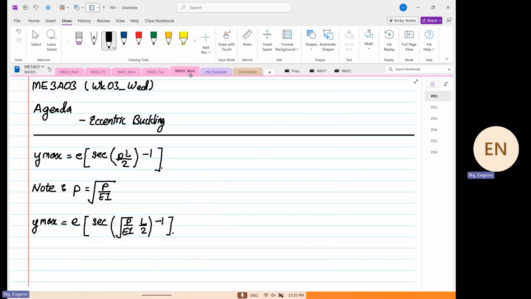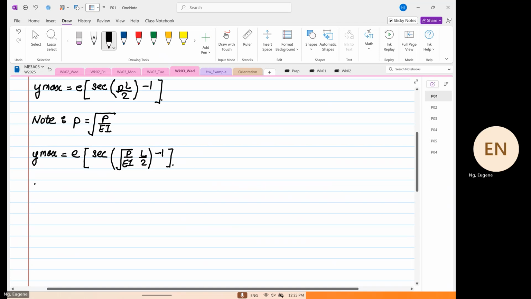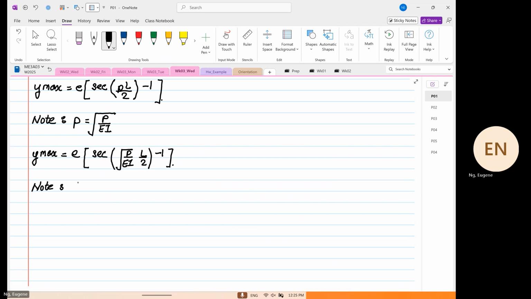So note that EI is equal to P critical L squared over pi squared. From here, we know that Y max is equal to E secant, and then we have a bracket, then square root P. We replace the EI with PCR L squared over pi squared,